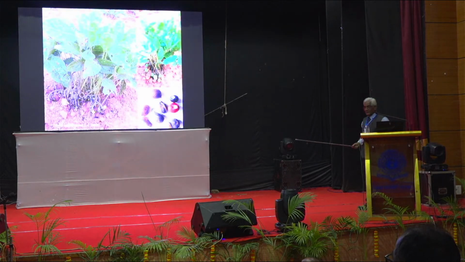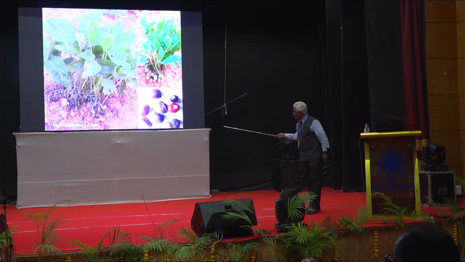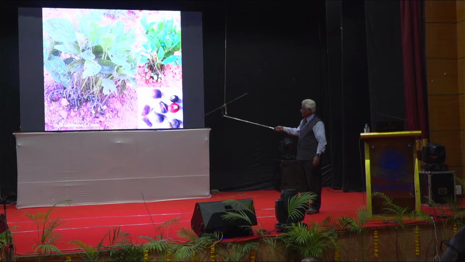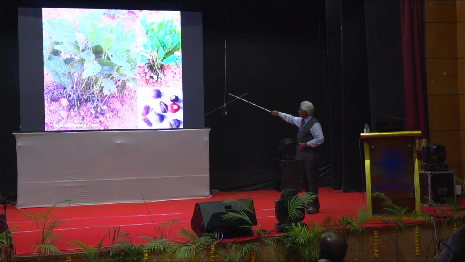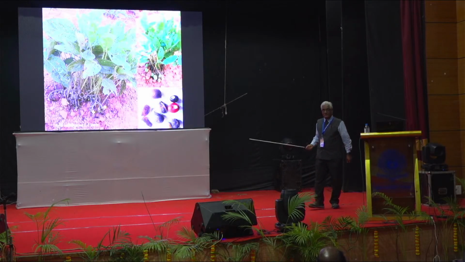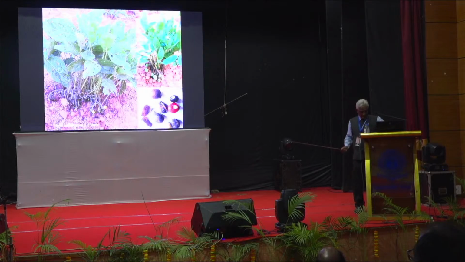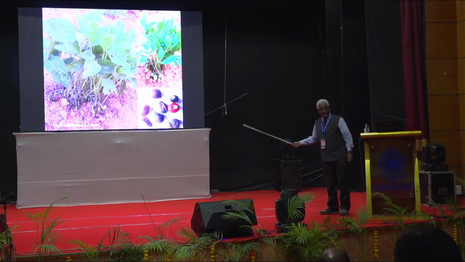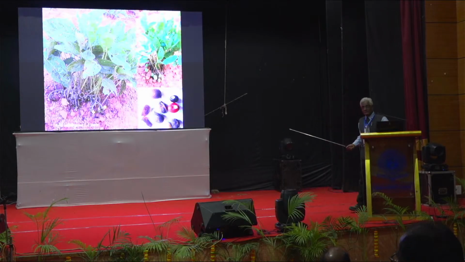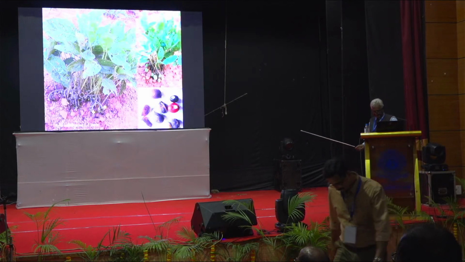See this, I think this is Vigna subterranea. Now I have gone to the Hyderabad center and to Gujarat in India, and I could see this species. You see this species? See the flowers? This is one crop, just like our moong and matki, used in Africa. We don't like it, but they grow it like this. It looks like a groundnut fruit, and these are the fruits. So this is one species which is introduced in our country, right? One or two seeds. It is a very unique species in our country, but our people don't like it. I don't know, taste and